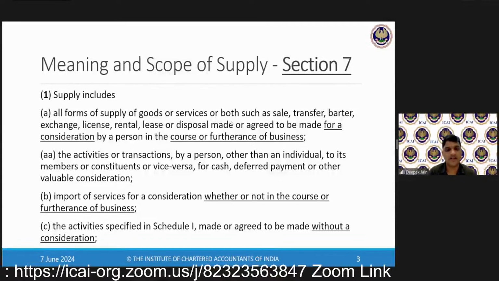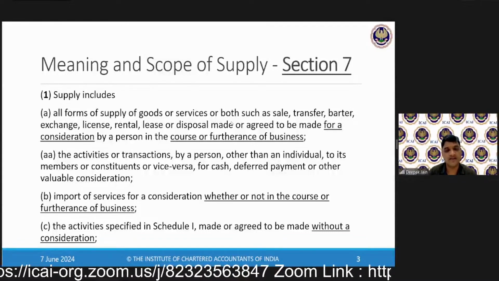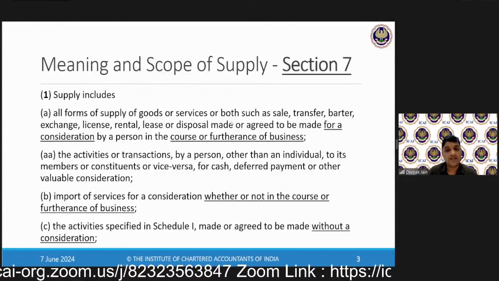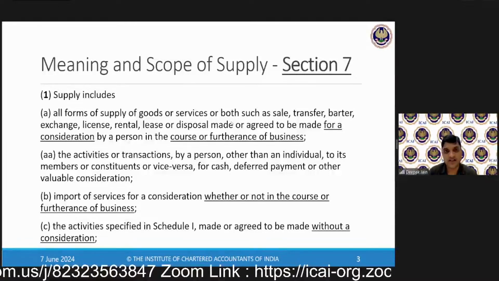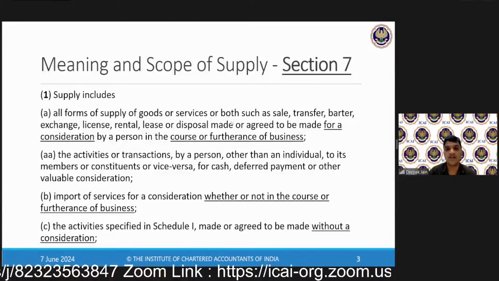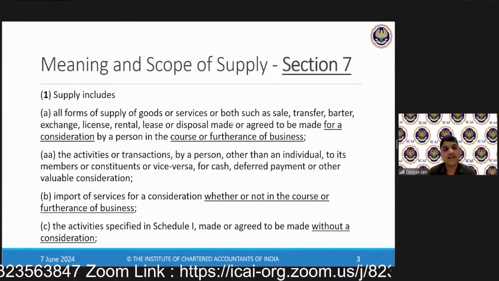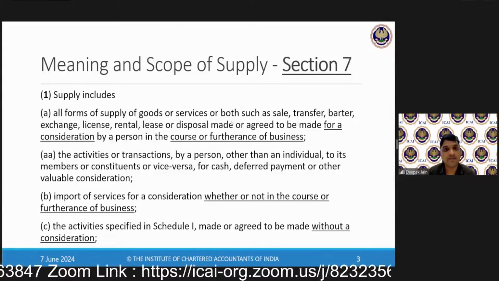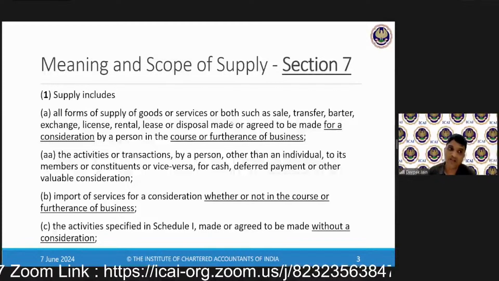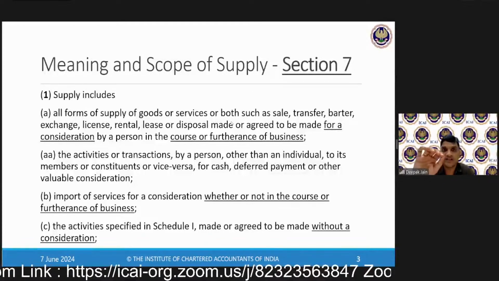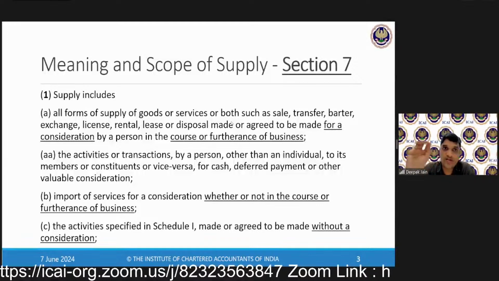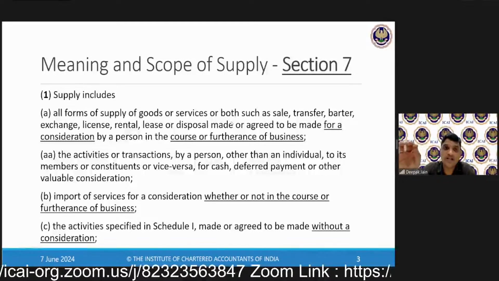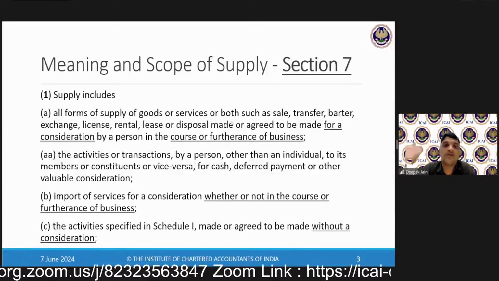Right? Getting correct answers. Yes, it is not a supply and there is no consideration. So it is not a supply because any kind of such supply which is made in the course or furtherance of business, there should be a consideration. In this case, the consideration is absent. So he will not charge GST on this sale of mouse.